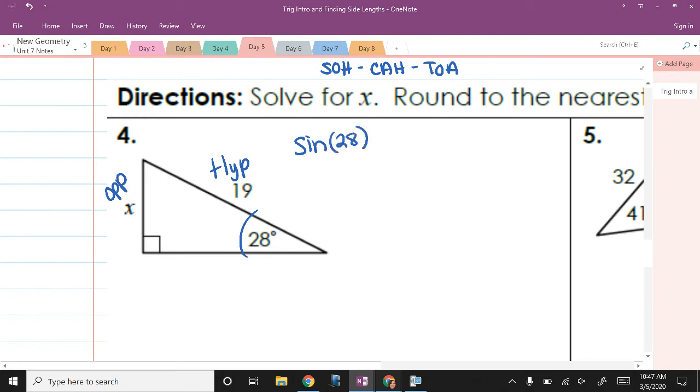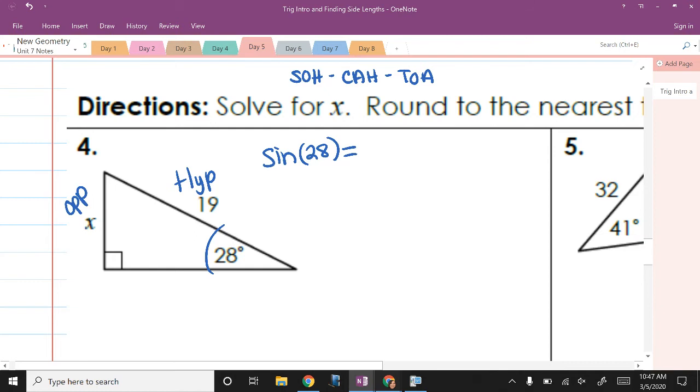Now we abbreviate the sine, cosine, and tangent to their first 3 letters. This is not the word sin. This is not Sunday school. Okay, this is still sine. You don't say sin, cos, tan. You say sine, cosine, and tangent. Okay? Okay, sine of 28 degrees equals